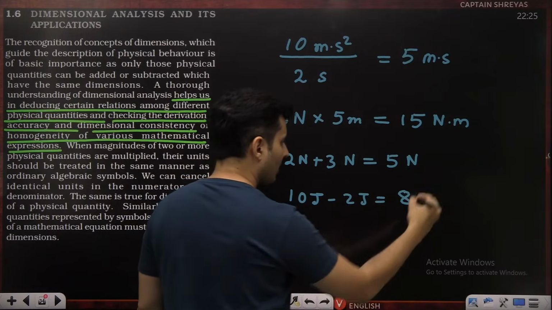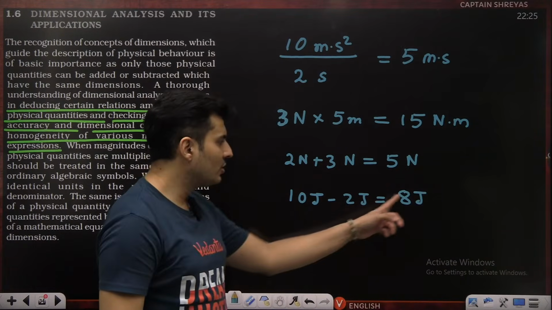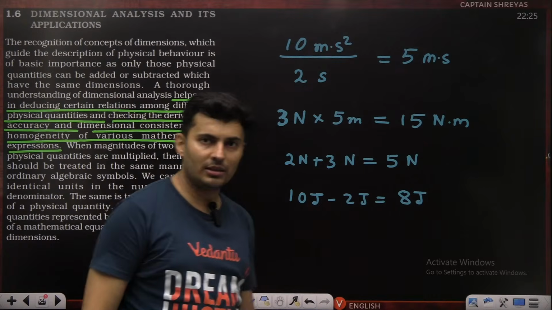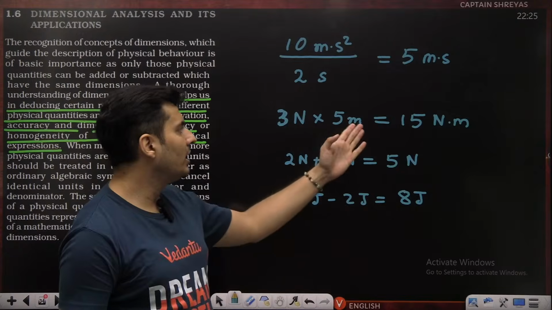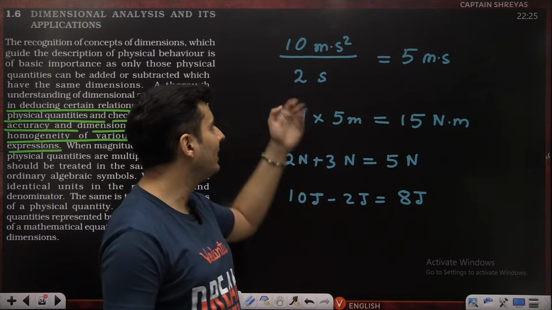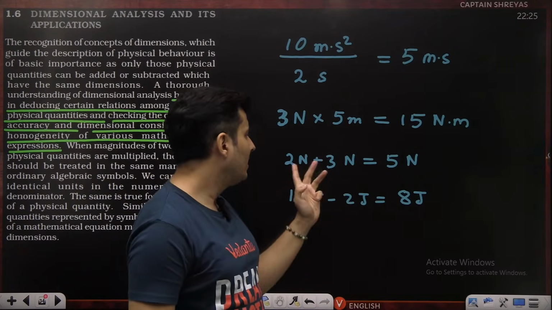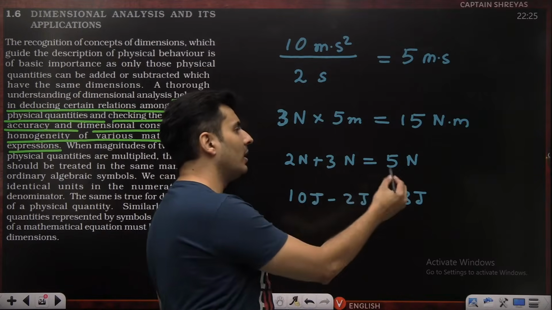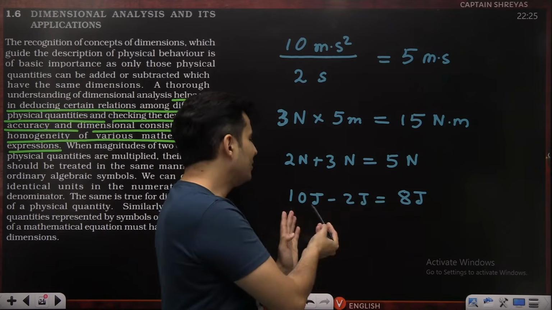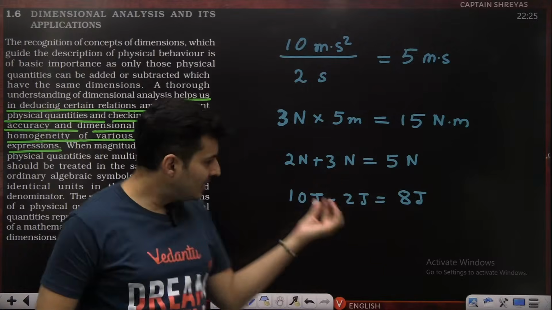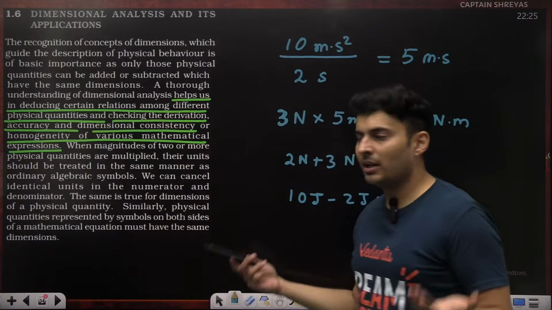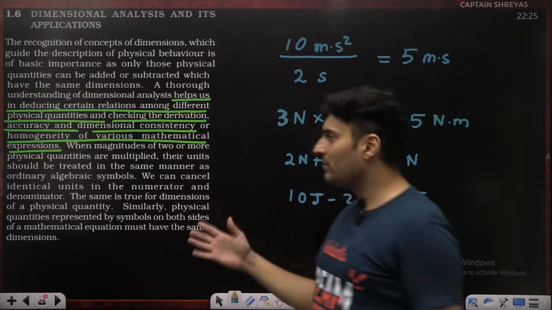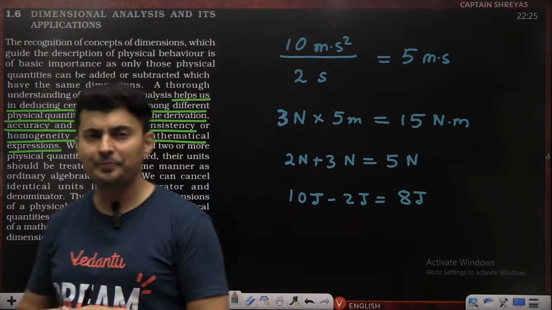8 joules, correct? So when it is in joules, you are making sure on the right hand side also there is joules. On the left hand side, if it is Newton, it is Newton. If it is Newton into meter, on the right hand side also Newton into meter. You can multiply, you can divide. When you add, don't write Newton plus Newton is 2 Newton. No. Joule minus joule is 0. No. It is just specifying the unit in which it is measured. This is what we have been doing normally in our school life. The same thing is also applicable for dimensions.